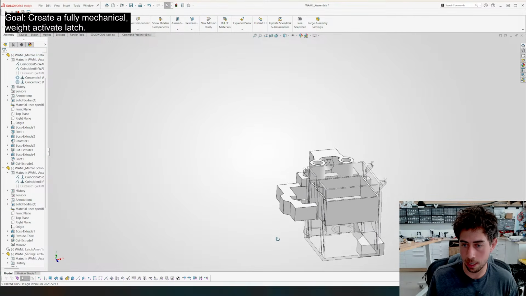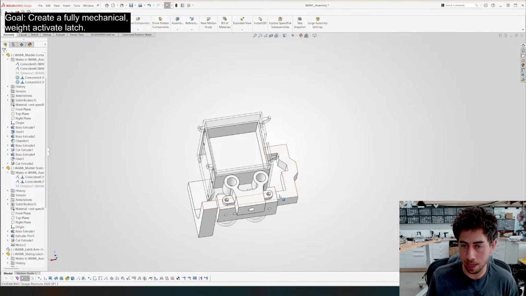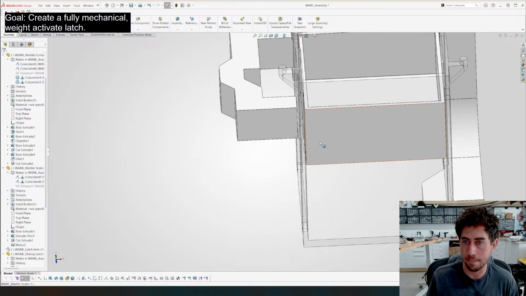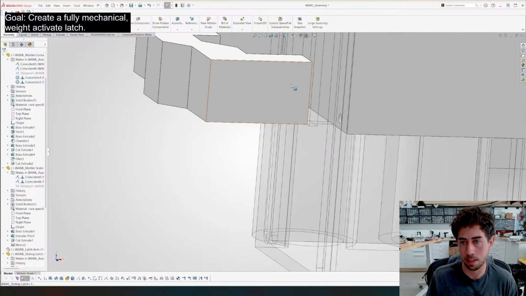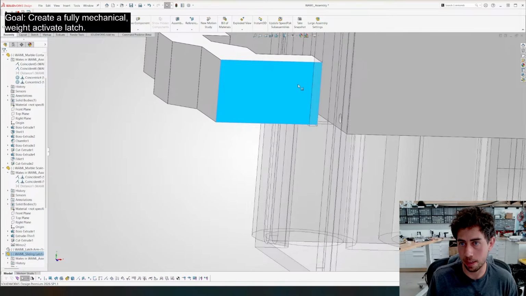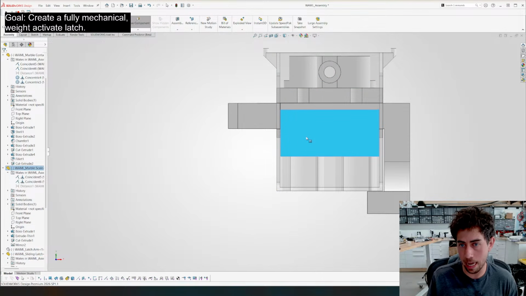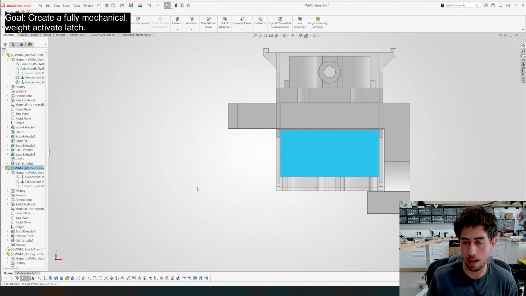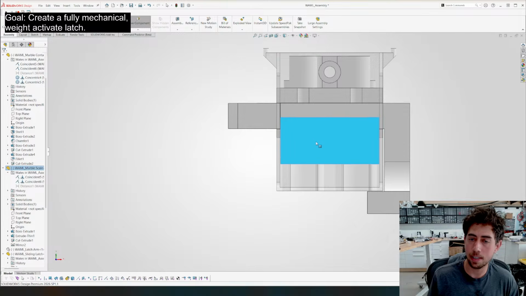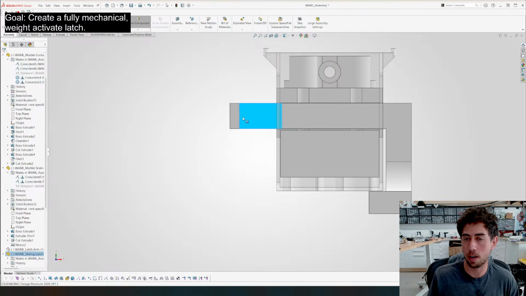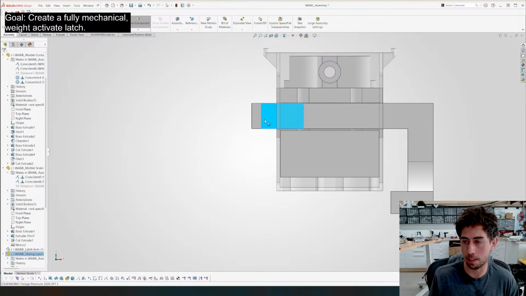So this is going to sit on here, and there's going to be an elastic band that's pulling this latch this way. But it's not going to be able to move because it's going to be sitting against this right here. Okay, so that's going to be sitting right there. What's going to happen is this is going to start filling up with marbles, and the elastics are going to stretch until it gets to this point right here, at which point it's going to pop off. It's fine for now. It's going to pop off, causing this to go this way until it gets to